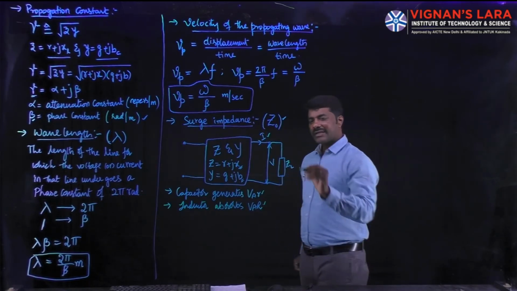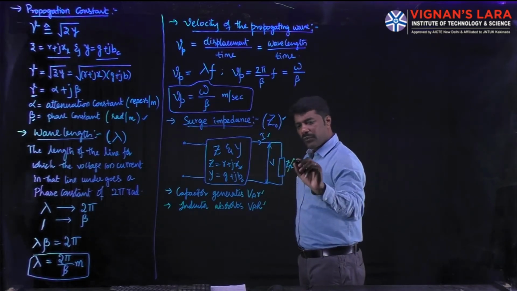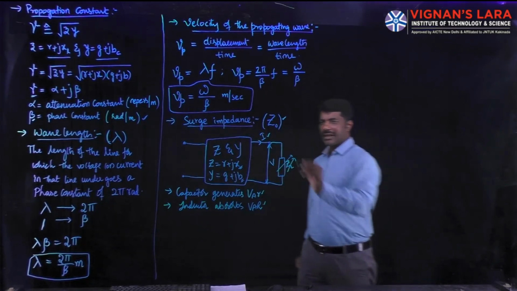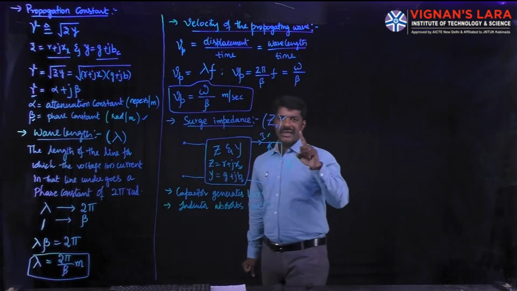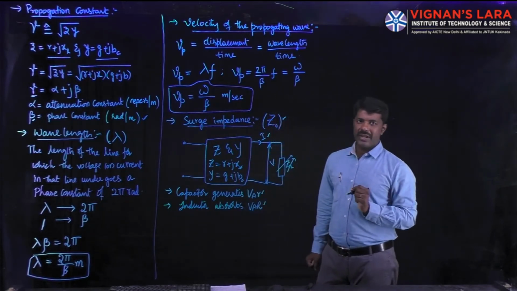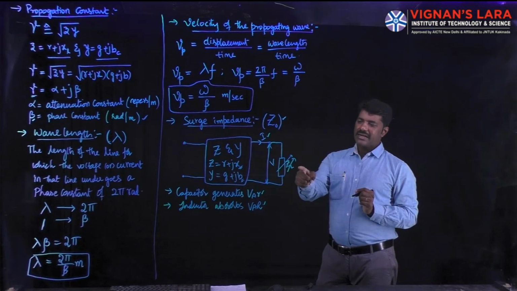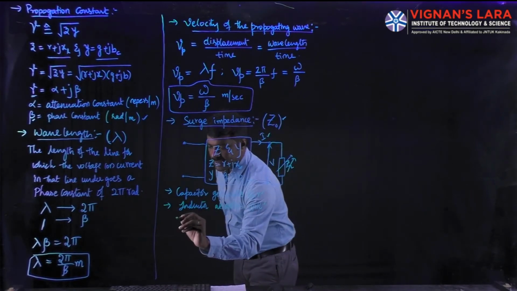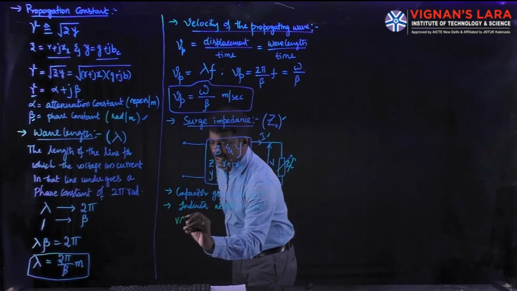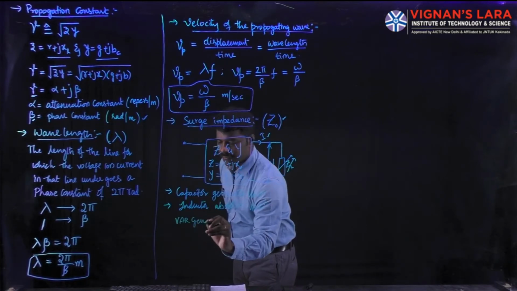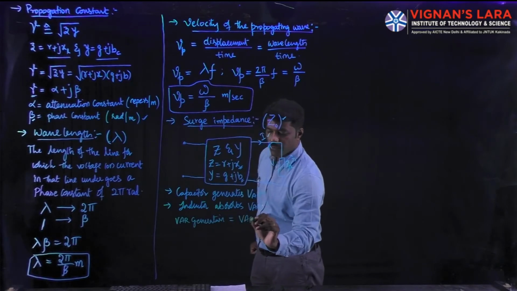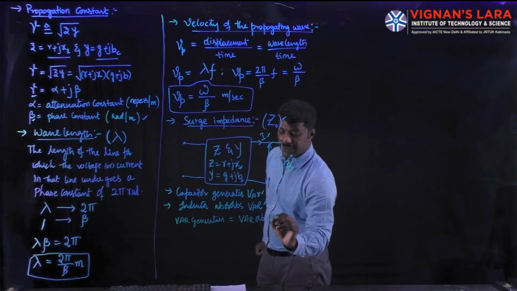So at a certain amount of the load, if you vary this load, being a variable, then I varies. So at one certain load we can observe that the VAR generation magnitude will be equal to VAR absorption. What I mean to say is, generated volt ampere reactive, VAR generation, will be equal to VAR absorption.